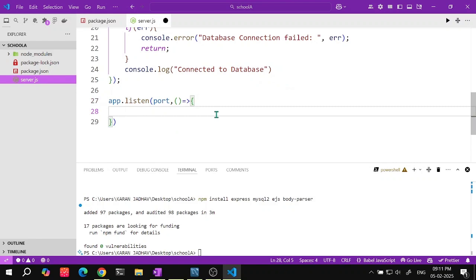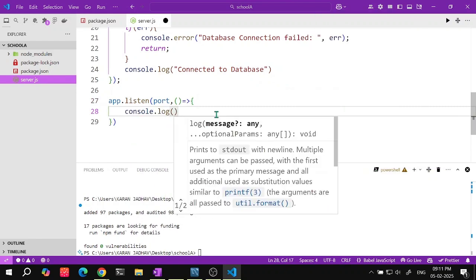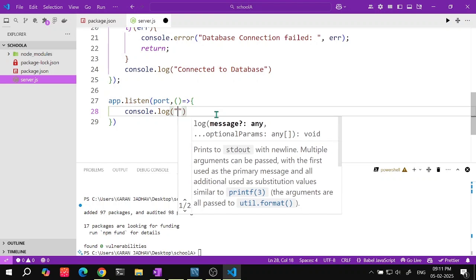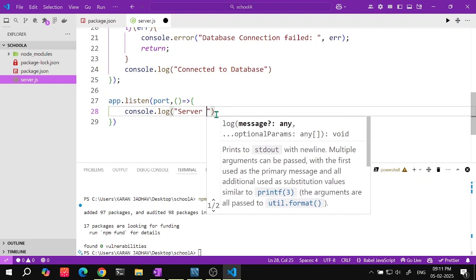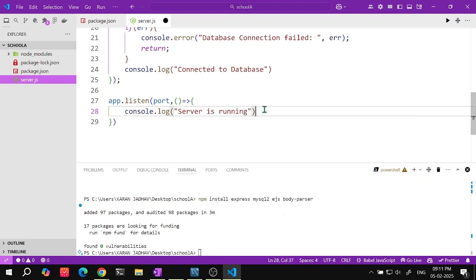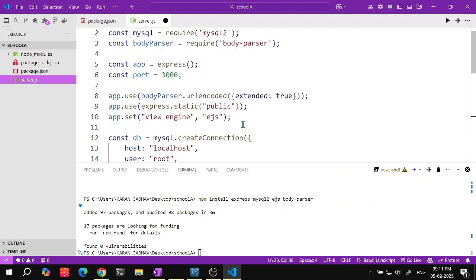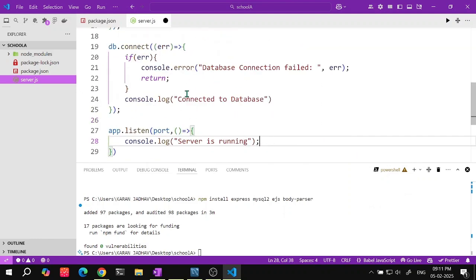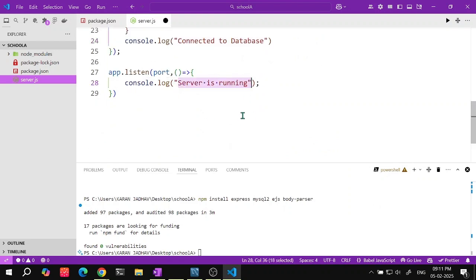In this I'll just give a message, console.log server is running. Now as soon as I execute this file, I should be able to see connected to database and server is running. Now if I go here and try to execute node server.js,